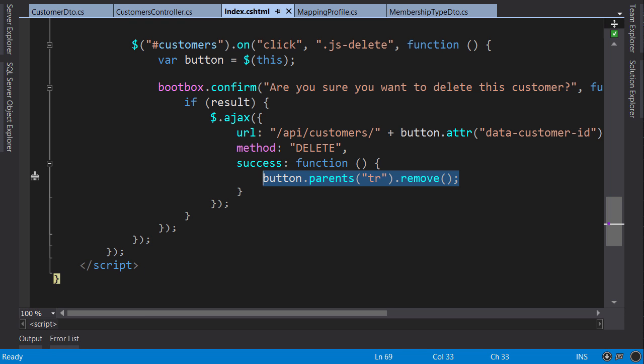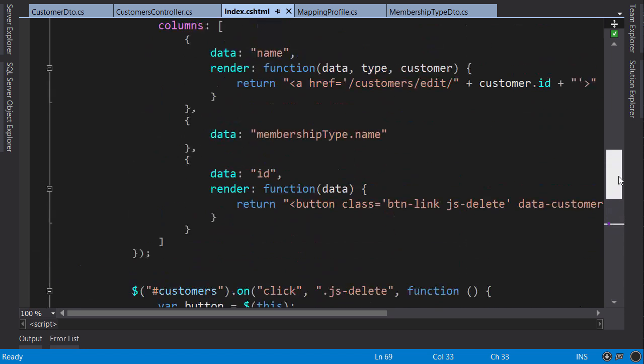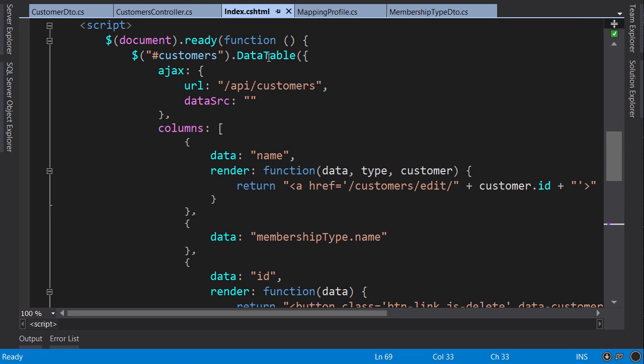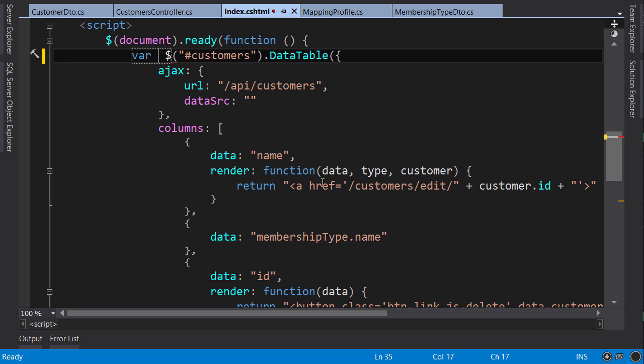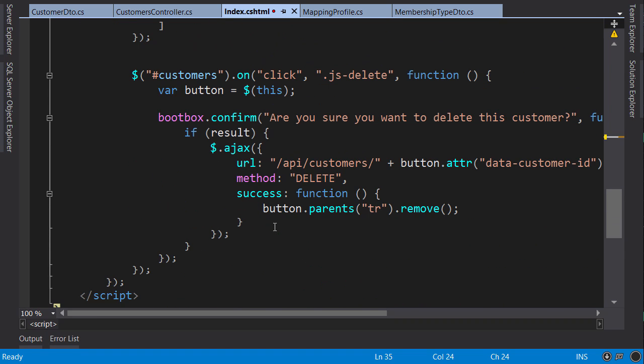Now, first of all, we need a reference to our data table. So let's scroll up. Here, when we call the data table function, we can get the result and store it in a variable called table. Now, back in our success callback function,